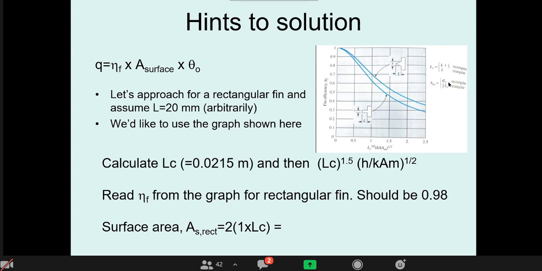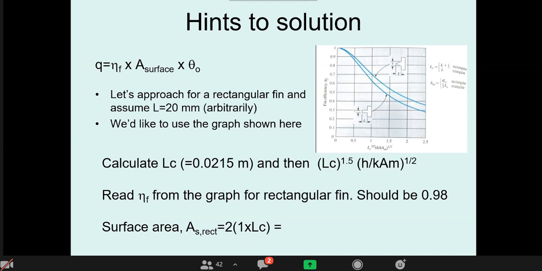T times LC. Okay, so T is 3 millimeter and LC is 21.5 millimeters. So if you multiply these two, you will get what is the profile area AM. Has everyone understood this? You basically follow how it is defined in this graph. And now we have got all these quantities, and if you work it out, you should be getting,